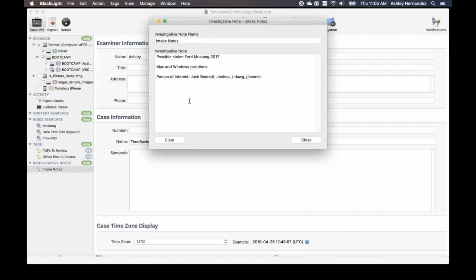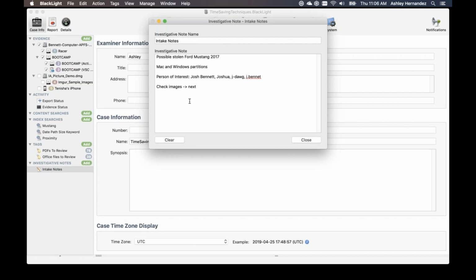This is more for you to just capture your thoughts, maybe copy and paste some different information as you go through doing your investigation to remind you where you were at. If you finish at the end of the day and you know the next lead that you want to follow up on, like you want to check images for a specific thing, you want to say, I want to do that next, you can just leave these here so you have some notes for you.